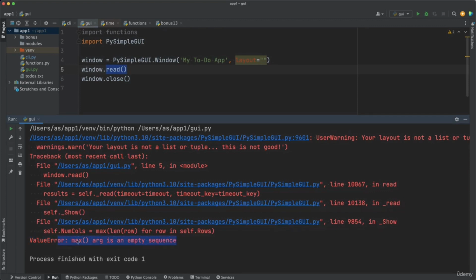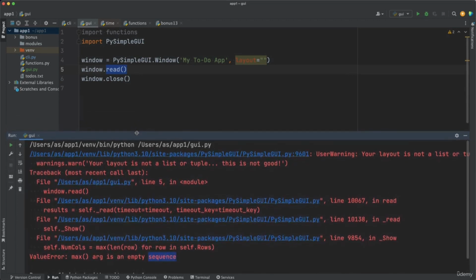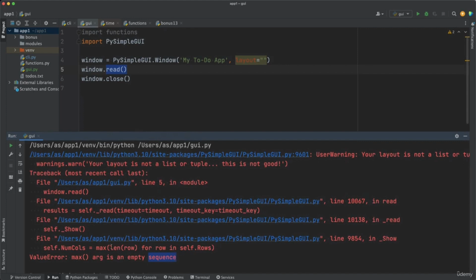It says value error, max arg is an empty sequence. Now this error is not so well described by the authors of this library. They could have done better. So this is one of the hard to solve errors because it doesn't give us much information. The only clue here is that this says a sequence, and I know from experience that this layout argument,